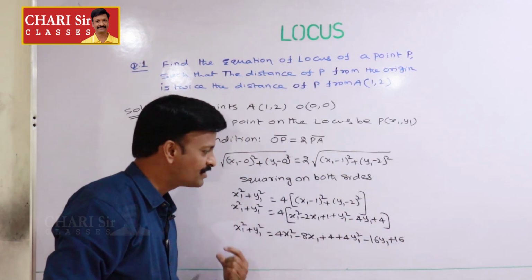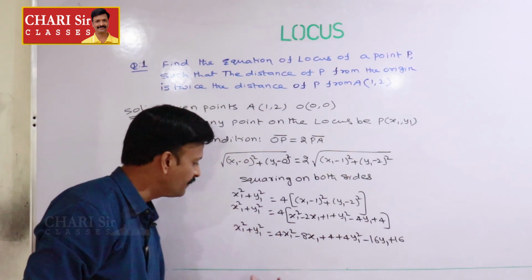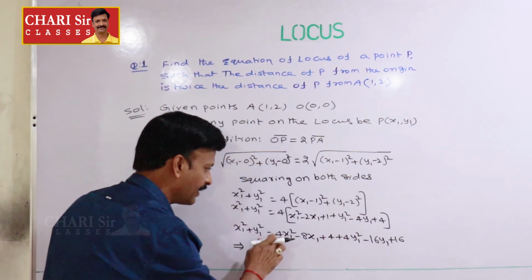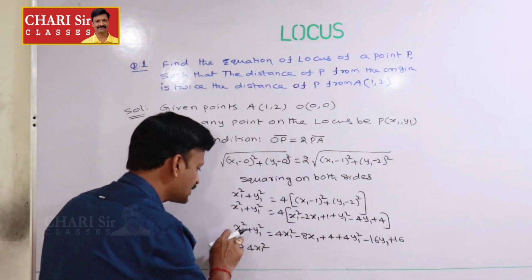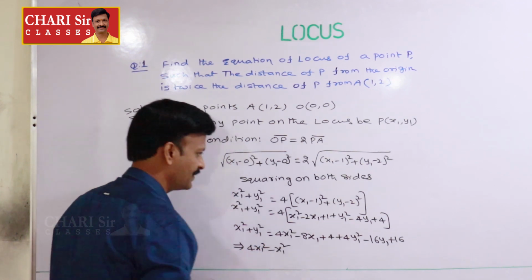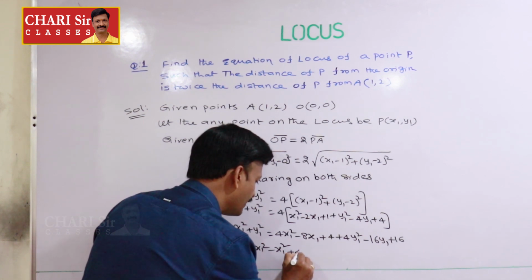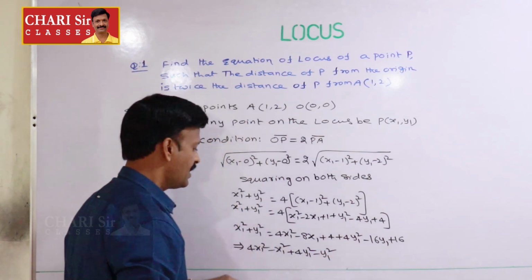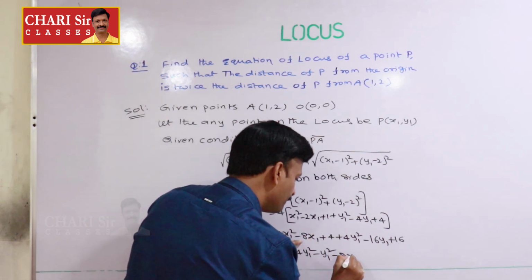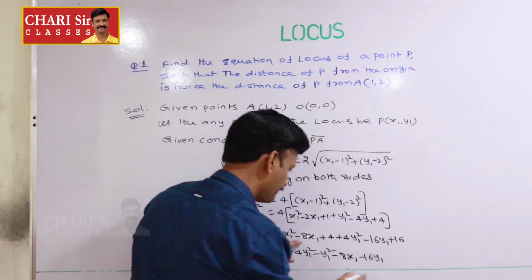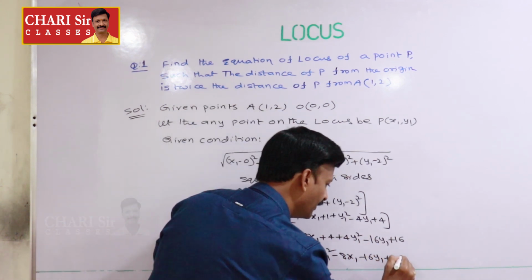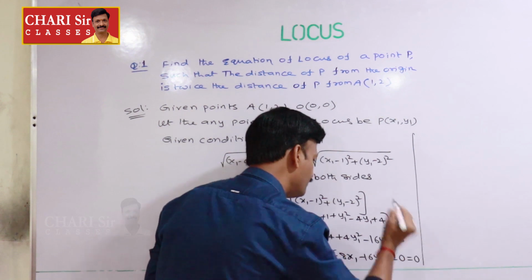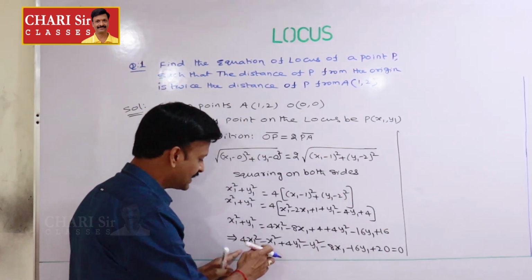Now we should get all the terms to one side, so x1 square plus y1 square we take to the right hand side. Then you write 4x1 square as it is. This x1 square, taking to that side, becomes minus x1 square, and then plus 4y1 square, and y1 square taken to the right hand side becomes minus y1 square. After that, the other terms are minus 8x1 and minus 16y1, and here 4 plus 16, which is 20, which is equal to 0. Now from here, 4x1 square minus x1 square is there.